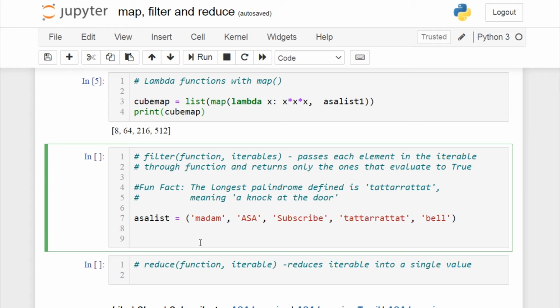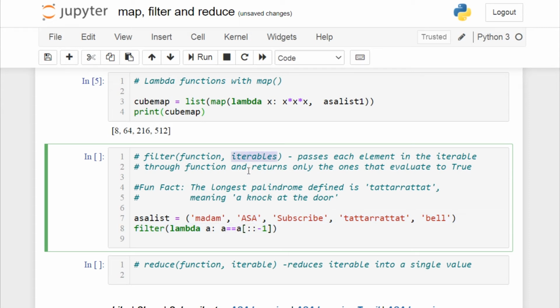How to do it? Using filter, it is really simple. Let's use filter. First it takes the function, so we have to write the logic for the palindrome. I am going to use lambda again in order to make it simple. What is palindrome? If you reverse the string, it should be equal to the original string value. So I am going to write the same logic here. If a equals the reverse of its string. So this is the simple logic for palindrome.